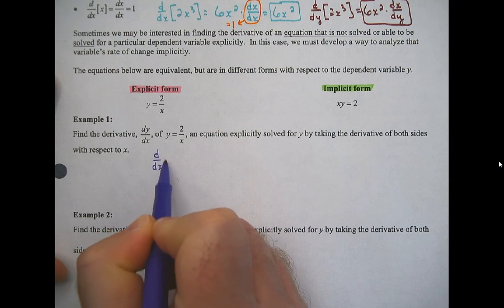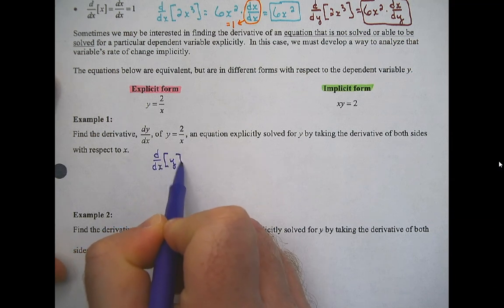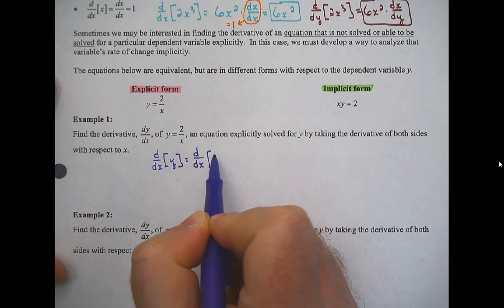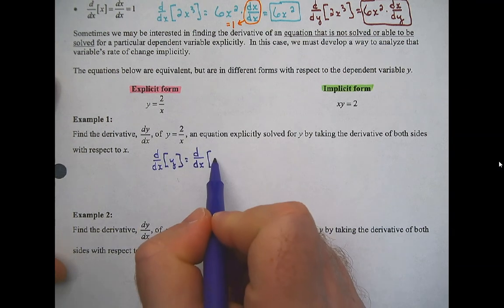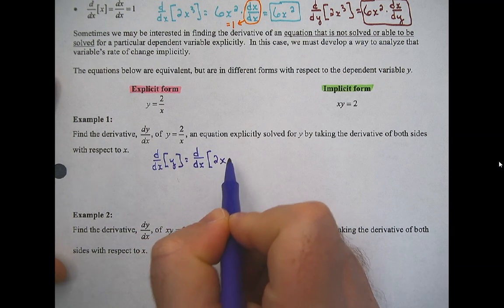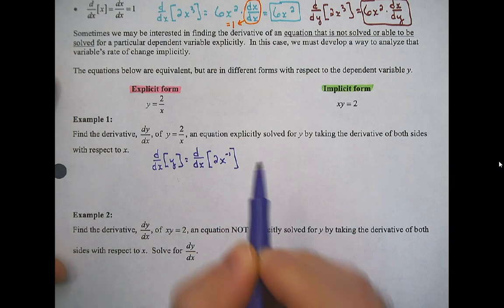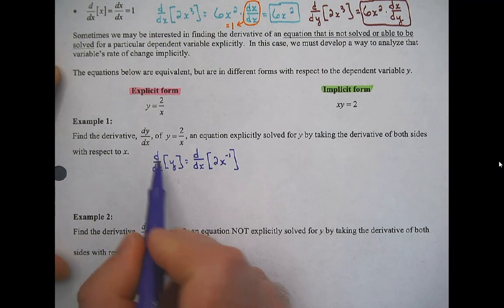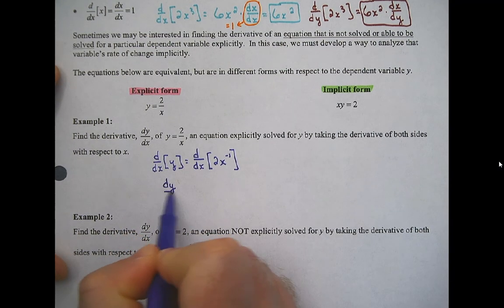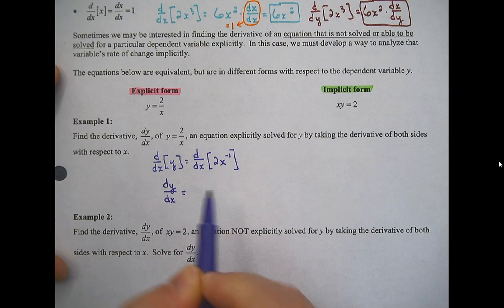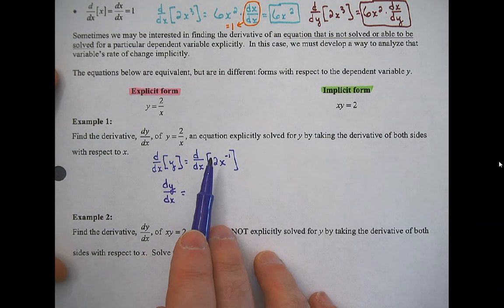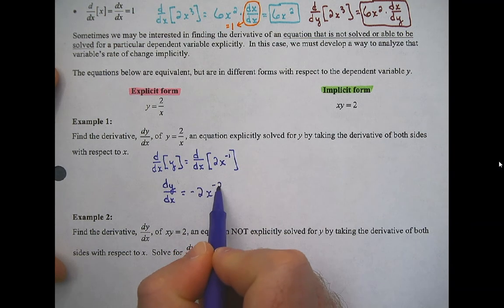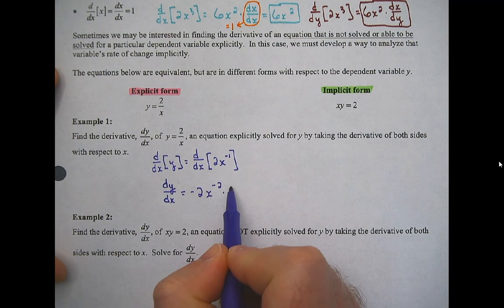I'm taking the derivative according to x of y. I'm taking the derivative according to x of, and I'm just going to do a quick rewrite on this. I would rewrite this as 2x to the negative 1. Okay, so we would derive this now. d dx of y, the derivative of y is dy dx. We can't really do much more with that. Over here, we've got some stuff that we can do. 2 something to the negative 1 would be negative 2 something to the negative 2 times the derivative of that something